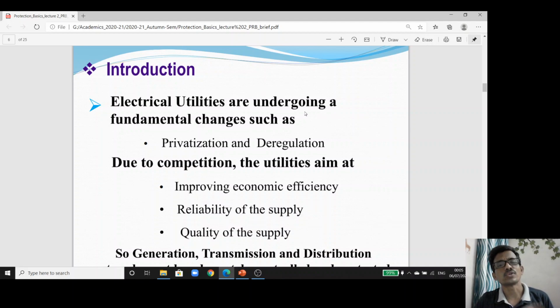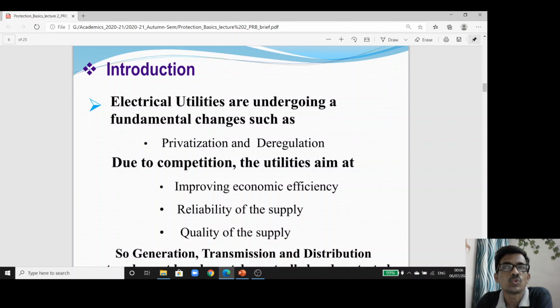But after 2003, after deregulation, the Electricity Act 2003 permitted private sectors in the generation field and in the distribution field, and that is a major change from 2003 onwards. After this privatization and deregulation, private companies entered the power sector. So obviously, when different power companies are working in addition to the state electricity board, there is competition,